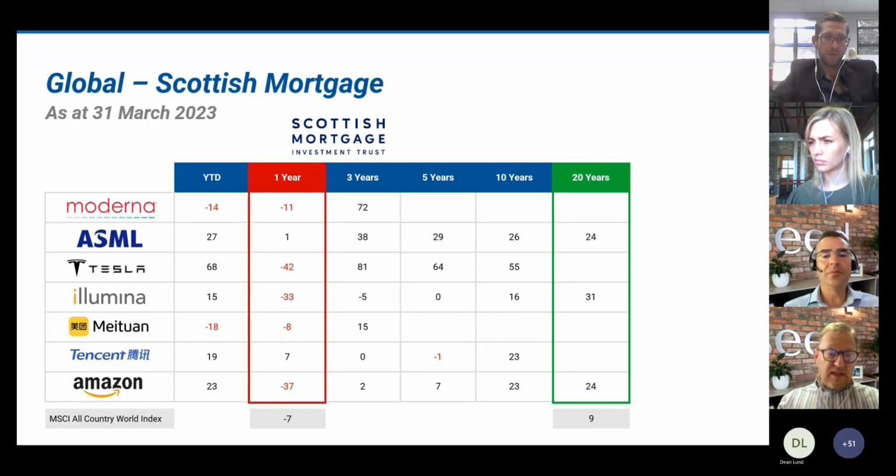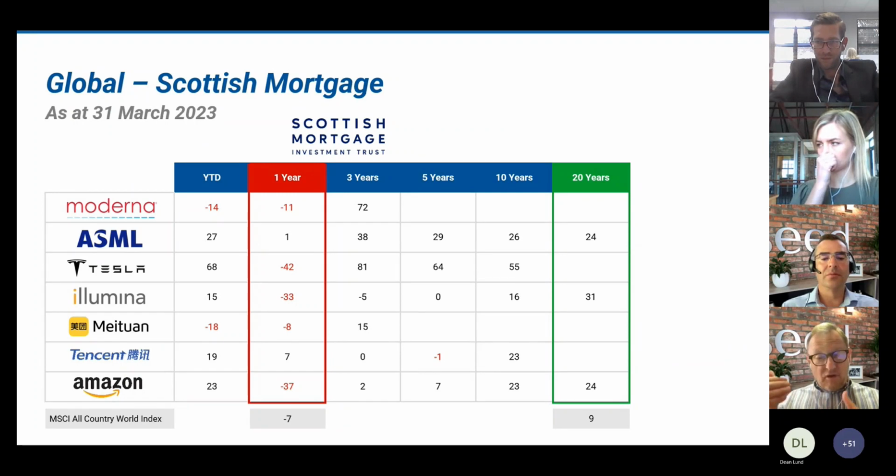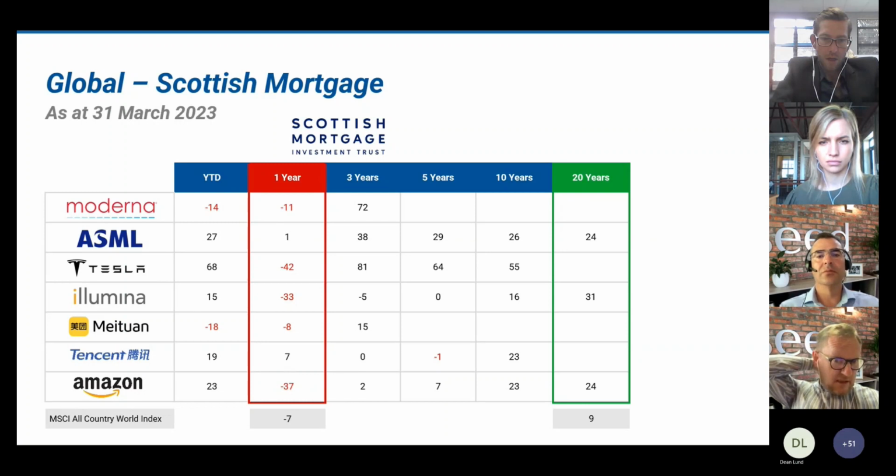And on each of these slides, I've put the MSCI all country just again as a reference. So, challenging 12 months, but 9%. So I think most investors would be very, very satisfied with a 9% compounded return in dollar terms over the last 20 years, that's for sure. But in a way, if you can obviously get more out of that, and you almost need to be really invested into these really quality businesses to get the 9 or a little bit more than that. So that's all available globally.